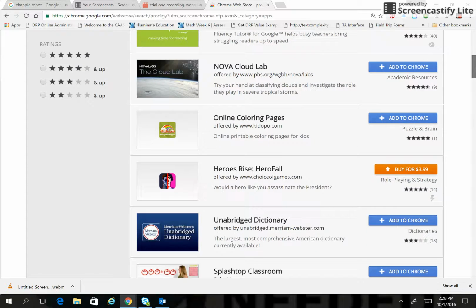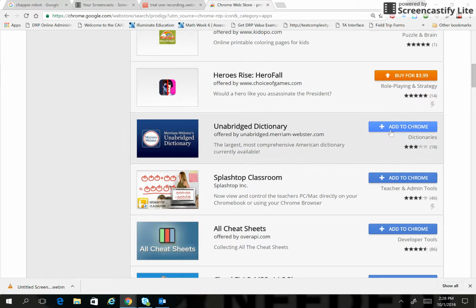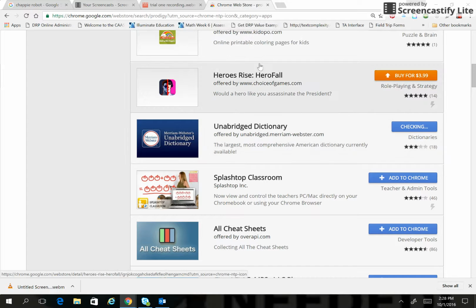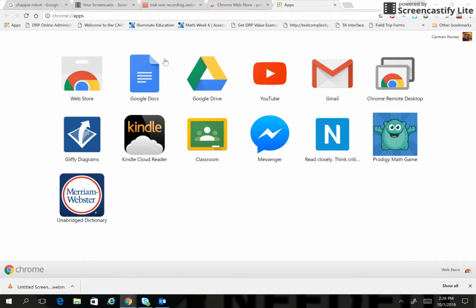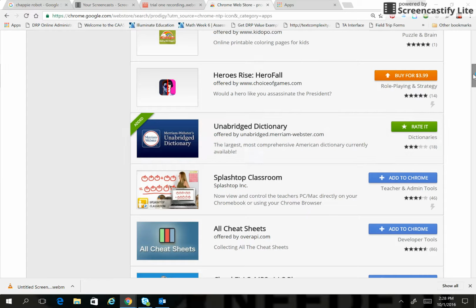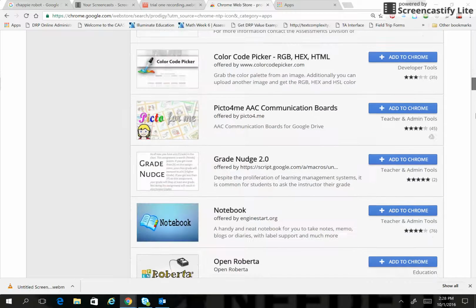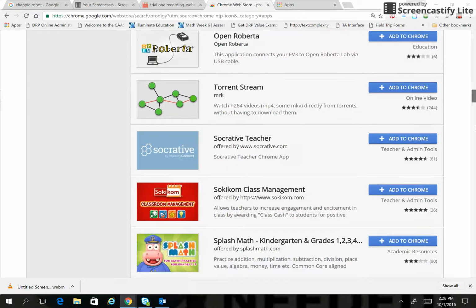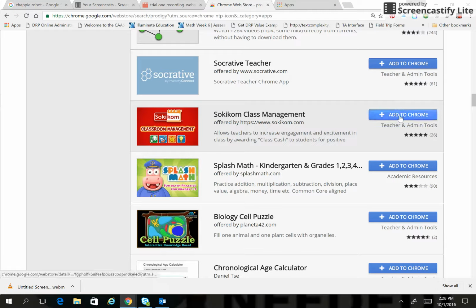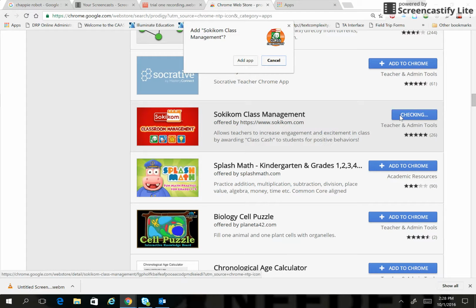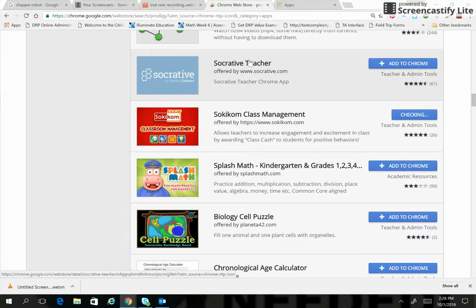My kids are constantly looking for a dictionary, which could be helpful, so I could put that on here. Splashtop, I don't know if you've used Splashtop before, but some of those programs are on here. So see everything that I'm adding. It just keeps showing up on my Google app page, and that allows me to not have to be looking around for it. I again here, Sokikom. This is another math based app,